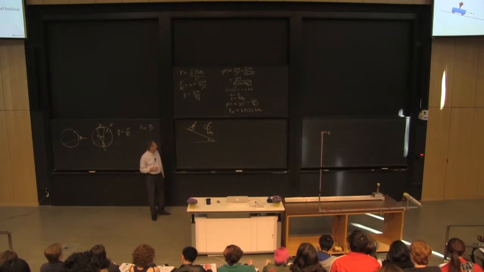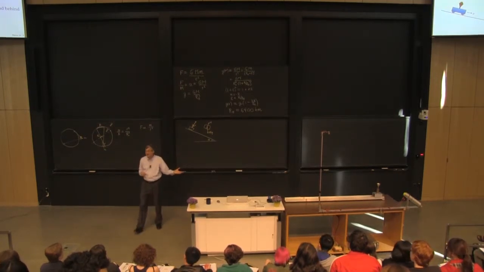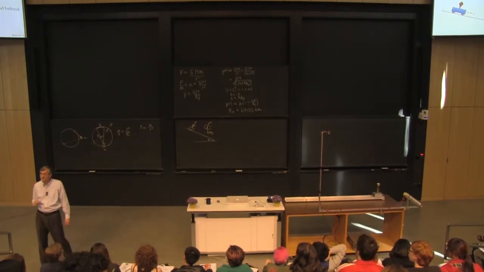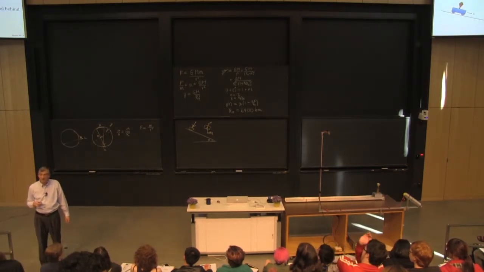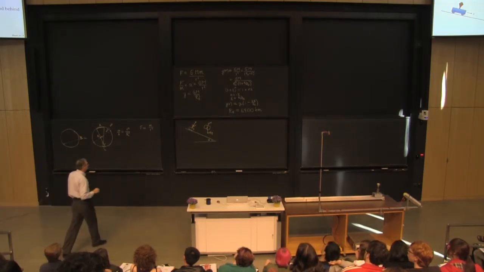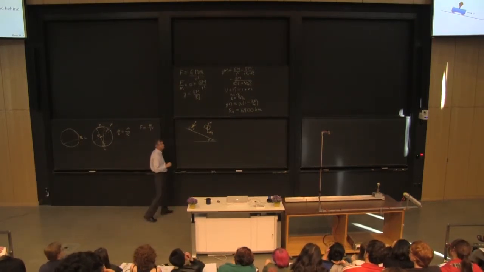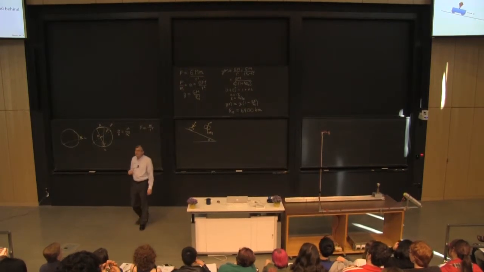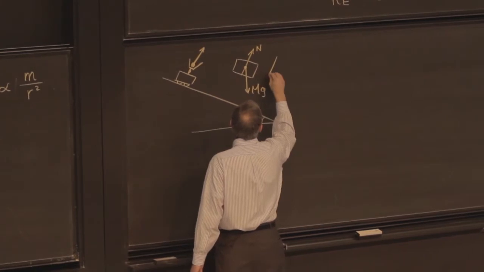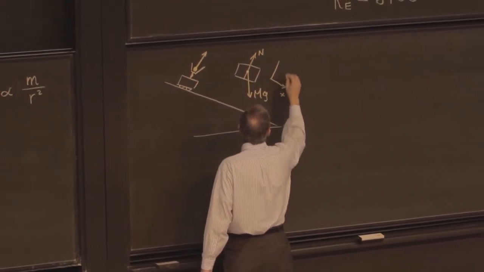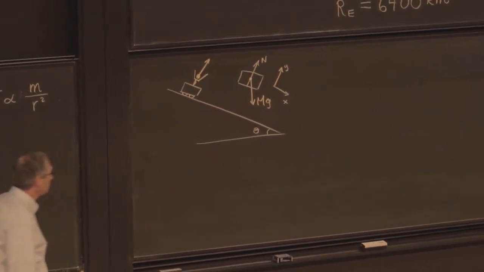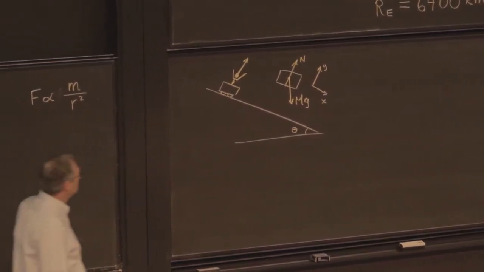So it's not obvious what orientation I should use for my coordinate system, or is it? Should I make it horizontal so it respects gravity, or should I make it tipped so it respects the normal force? Tipped? All right, let's try that. Okay, so